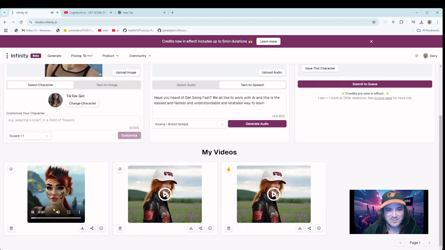Have you heard of Get Going Fast? What a great thing to do. We all like to work with AI, and this is the easiest and fastest and understandable and relatable way to